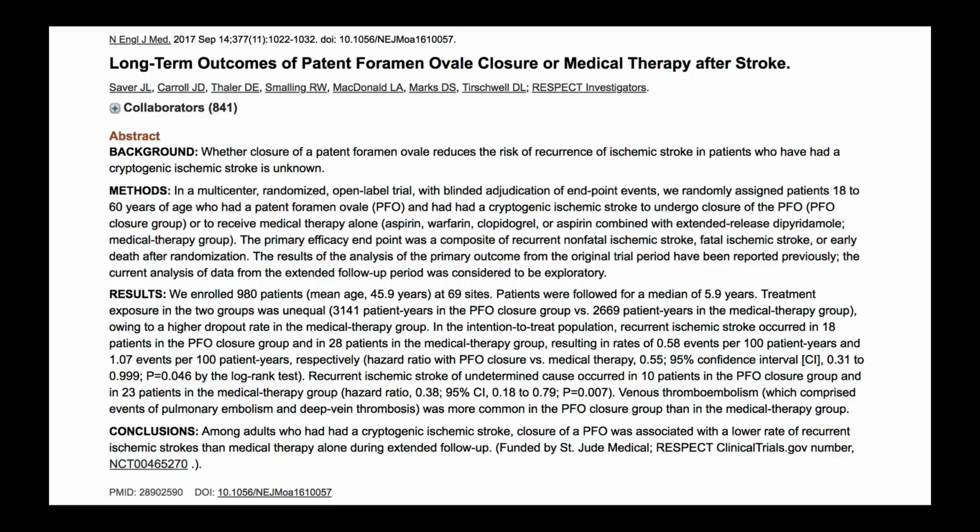Okay, now that you learned some skills, let's put those skills to work. Let's do some practical application exercises. And so in this study in the New England Journal of Medicine, looked at the long-term outcomes of patent foramen